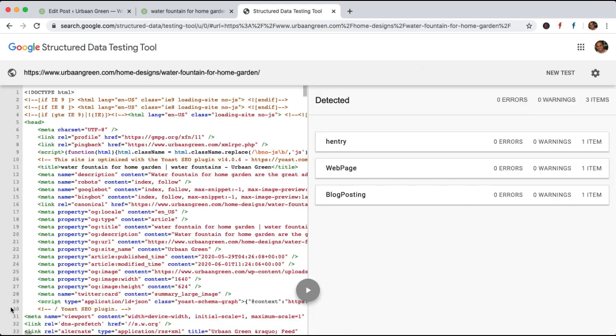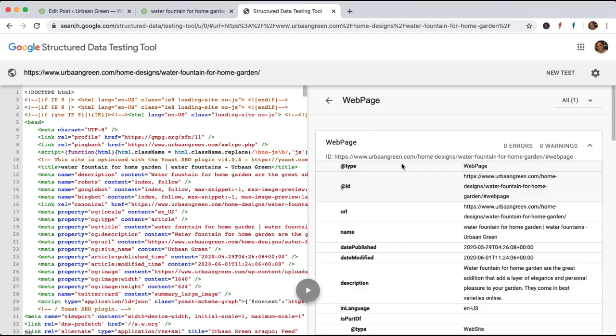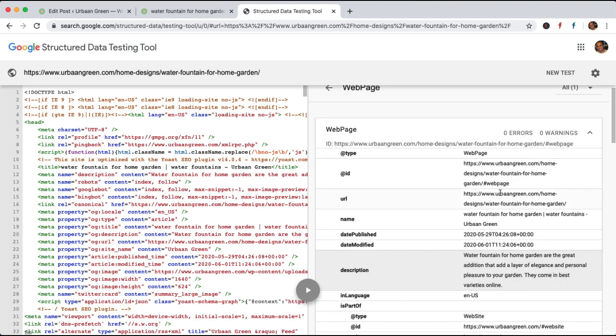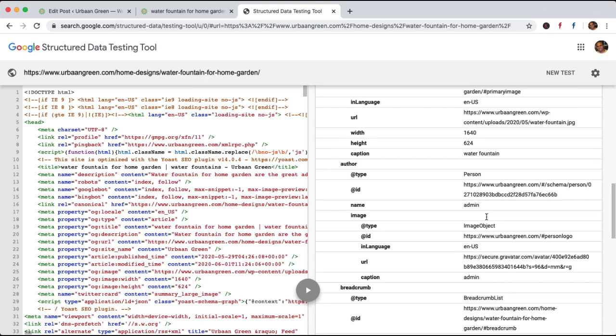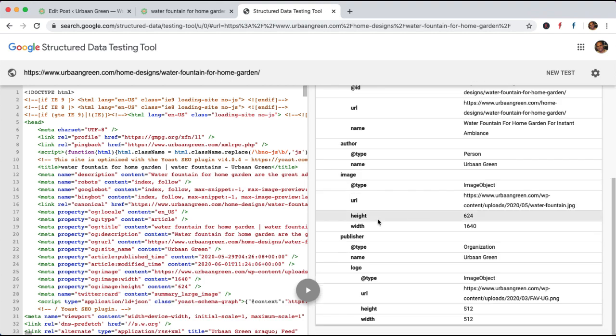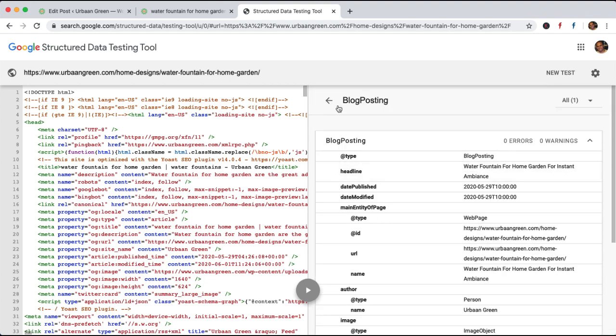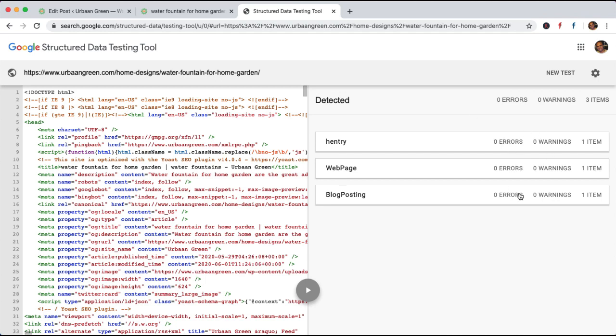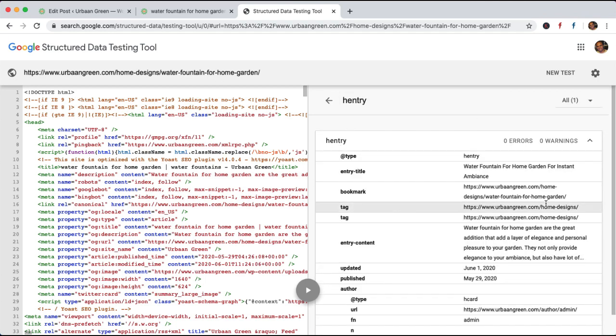It's taking some time. Yeah, you can see here the web page, what we did is all reflecting here. Blog posting. You can see there are 0 errors and 0 warnings.